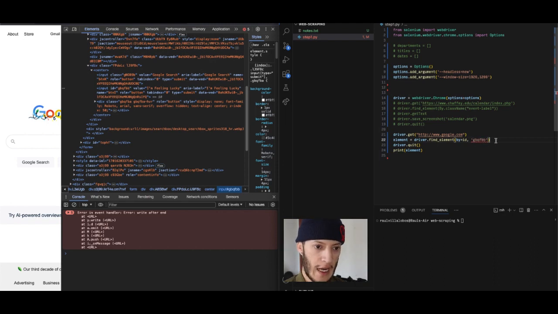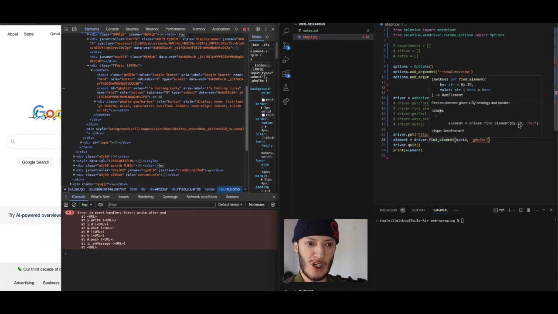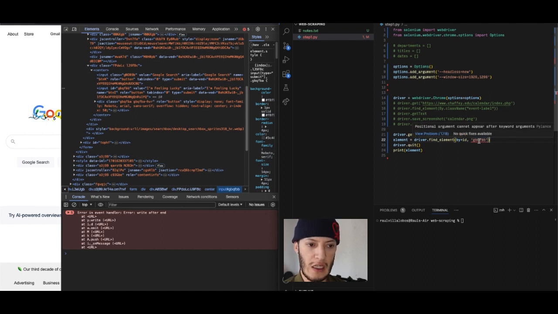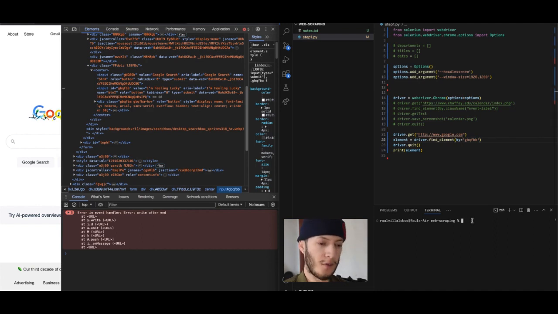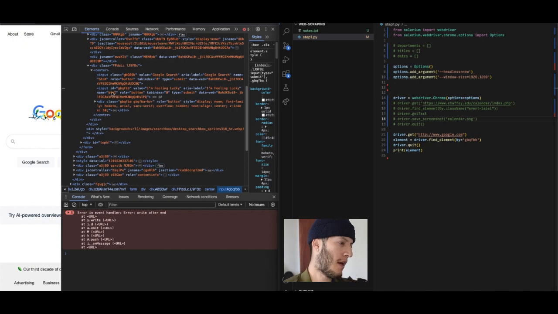And once it's on there, I think it's a list. Find element. By.id. Why is it positional argument cannot appear after keywords? So right here, is that the ID? I think. Alright, let's go ahead and run it. Actually, save it. Now while it's looking for that ID, I don't even know what it's